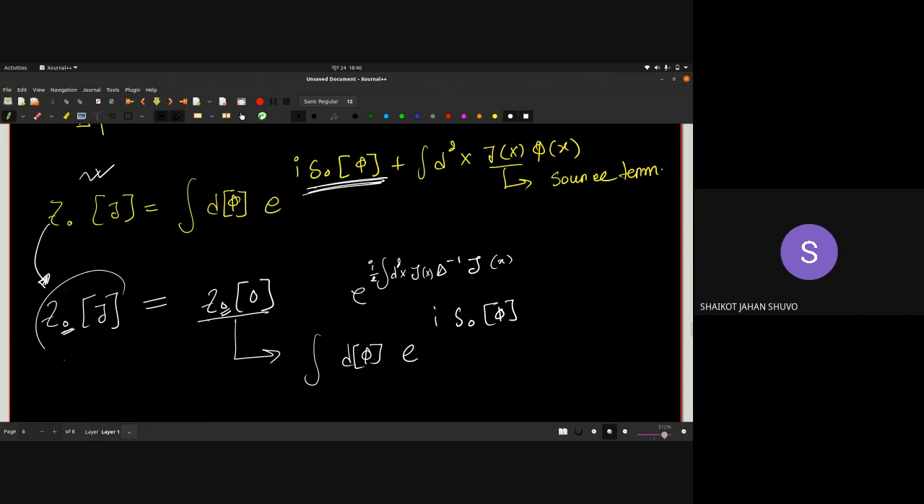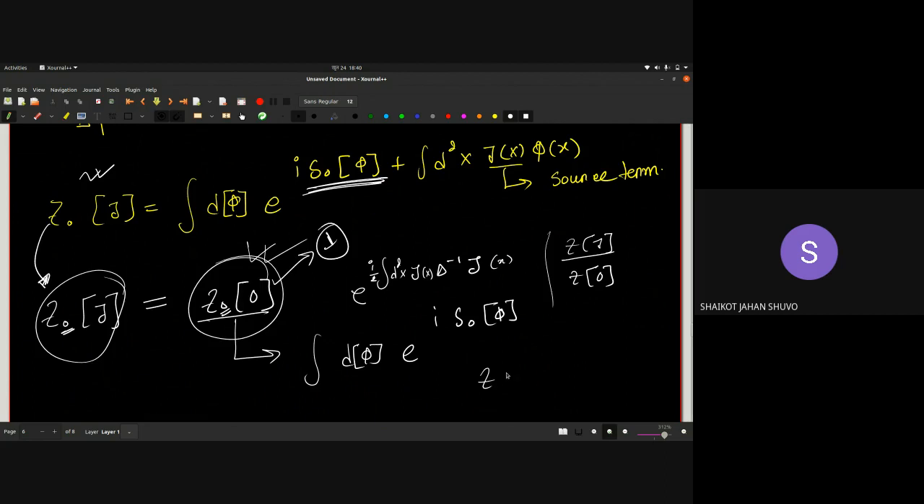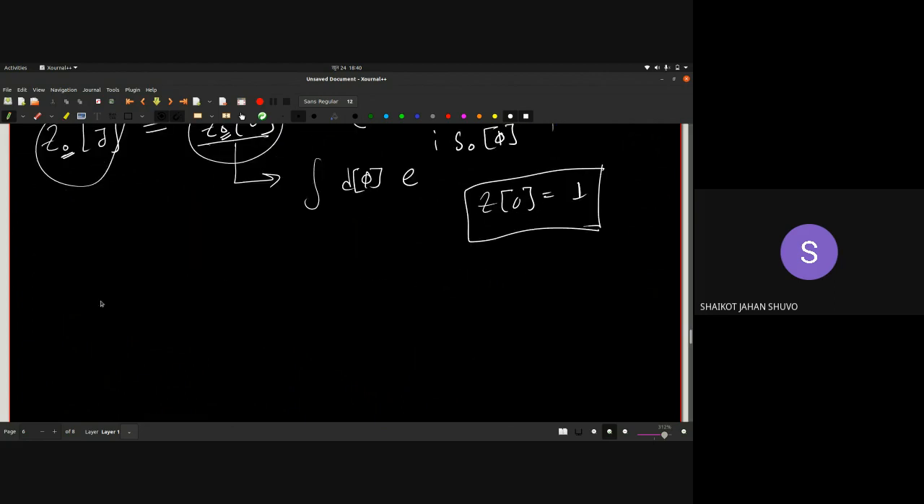So you see that there are two generating functionals, and from this expression you can understand that this is like a normalizing factor, and the main quantity of interest should be Z divided by Z of 0. People usually take it to be 1. This is a normalization convention. This is equal to 1. So finally you write your generating functional as,